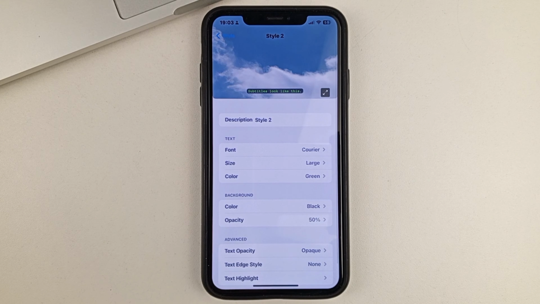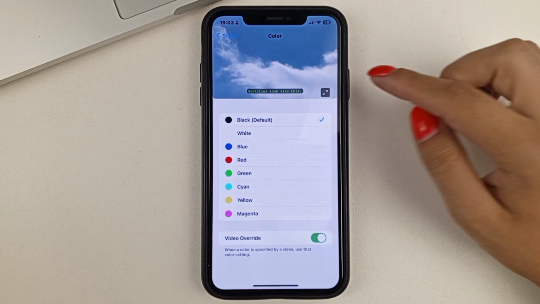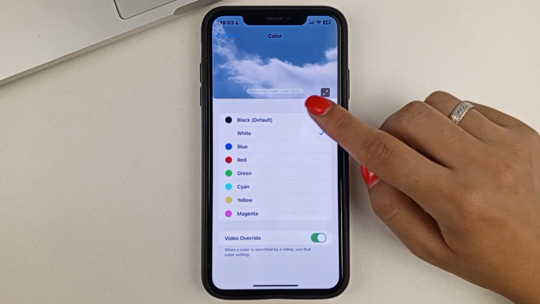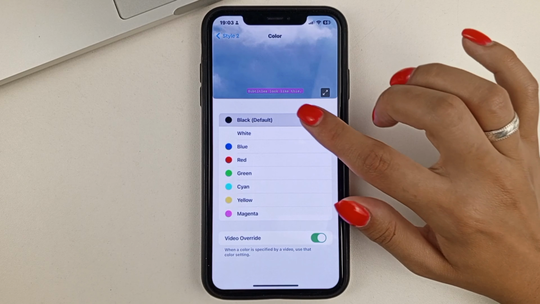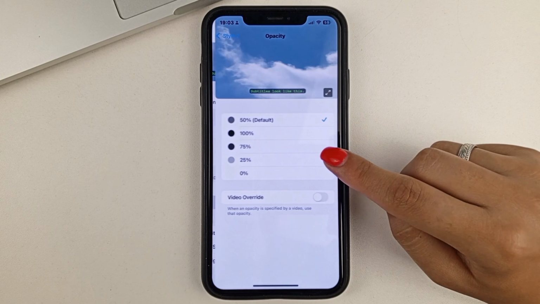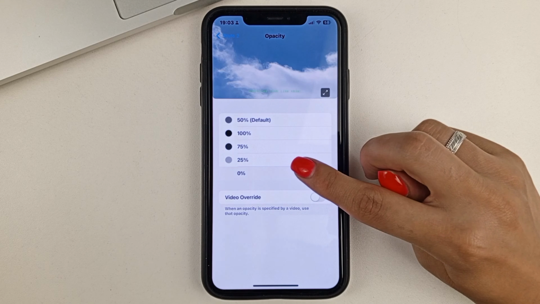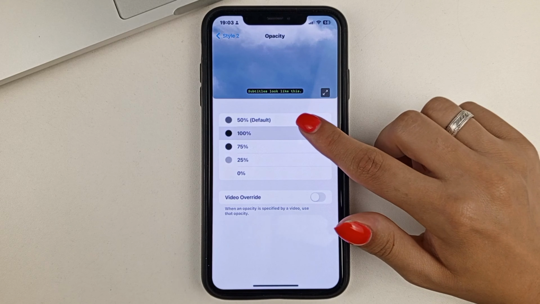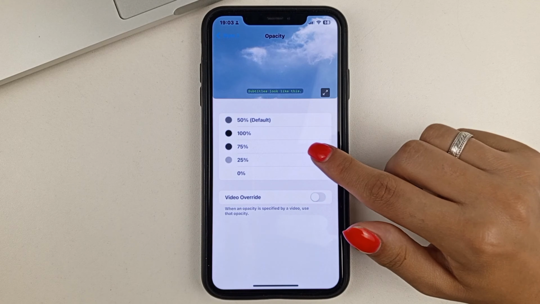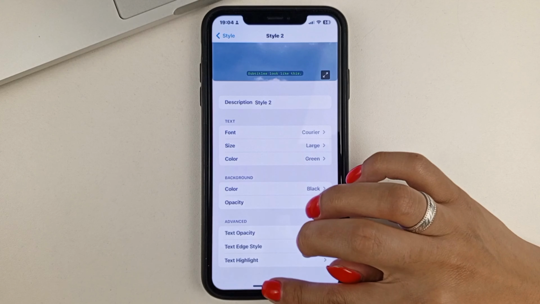And here also, if you want to, a little bit down at the bottom, you'll be able to customize other options as well. For example, you'll be able to customize the background color, whether it's going to be there at all. If it is, what color it's going to be. And you can also customize the transparency of the background. As you can see, either it's not going to be there at all, or it's going to be a little bit, and so on. This is how you can easily change the size and also the color of the subtitle font in YouTube.